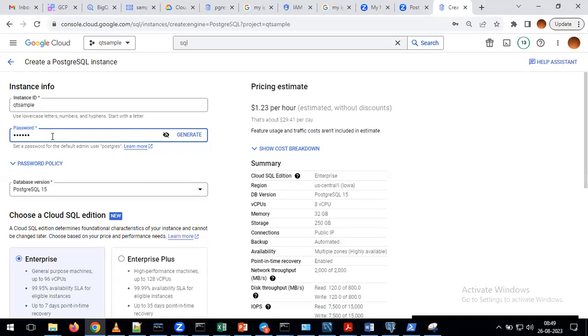It's like a VM only, right, sir? Sorry, is an instance nothing but a VM, or something different? In the backend, it is going to create the database servers and everything automatically. Okay.